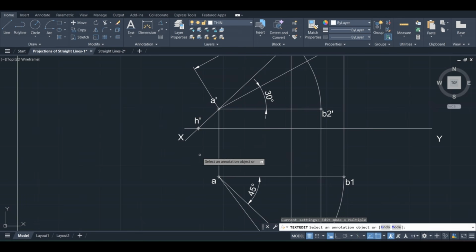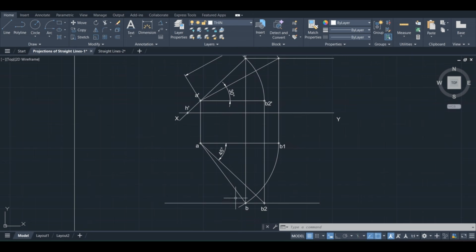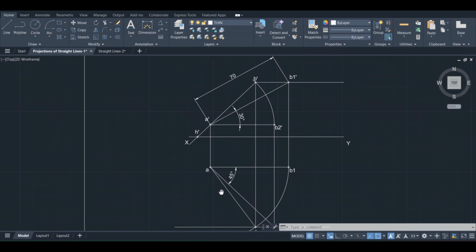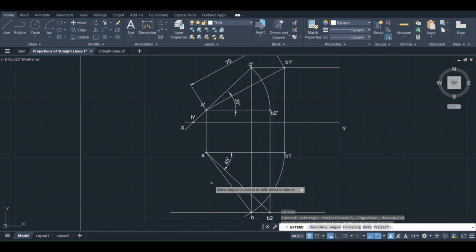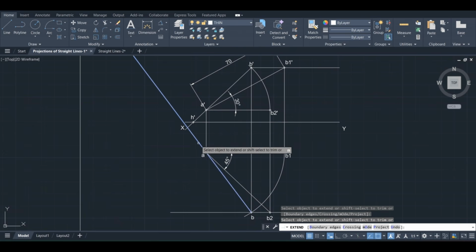Fine. Next, its top view also will come. Before getting the top view, we have to get the vertical trace. So the vertical trace will come with this top view projection, the final line AB. Extend this line using the extend command, extend up to the XY line.